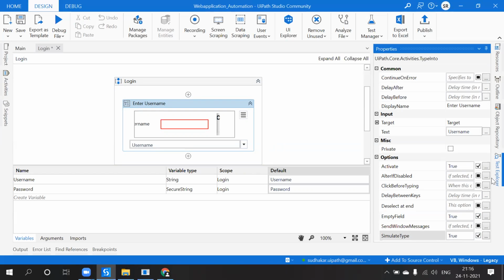One is simulated type and click. If it is there, we have used type into activity. That is the reason we got simulated type. Okay, and whenever we are entering the data, I am making it empty and then simulate type. Give me a minute, I got it.